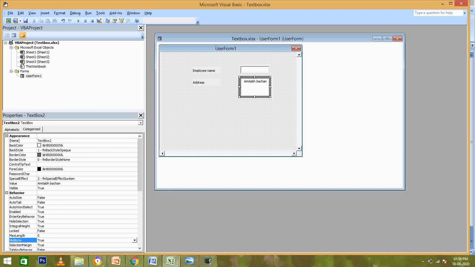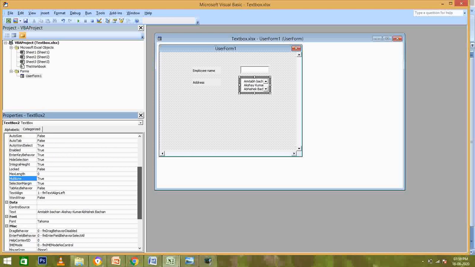Suppose I have changed the size and written Amitabh Bachchan, Akshay Kumar, Abhishek Bachchan. Once the size of the text box is completely filled and I press enter, you can see a vertical scroll bar has come.